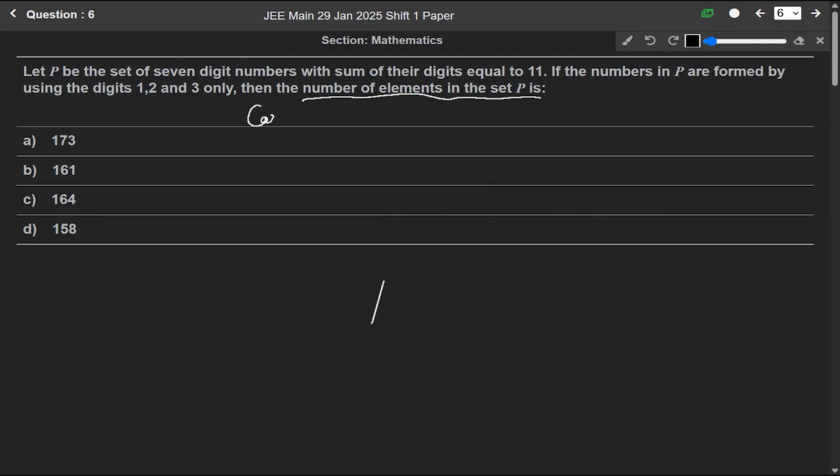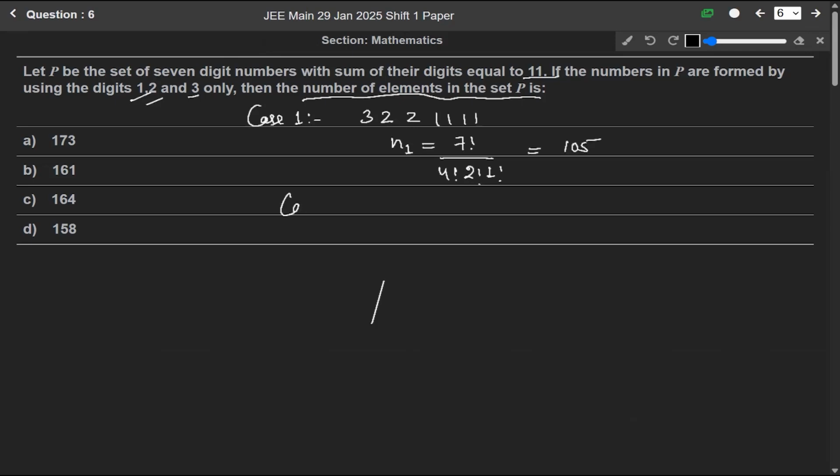So let us take case number 1. In case number 1, we have to make the total sum 11 and we have to use 1, 2 and 3 only. Okay, so it will be like 3, 2, 2, 1, 1, 1, 1. So when we add them, we get 5, 6, 7, 8, 9, 10, 11, which means their sum is 11. So for N1, there are total 7 digits, so 7 factorial over 1 comes 4 times, so 4 factorial, 2 comes 2 times, so 2 factorial, and 3 comes 1 time, so 1 factorial. Okay. So it will be 105 here.